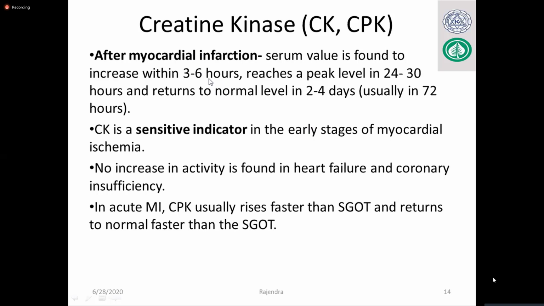It means, suppose one patient comes to your clinic with a history of chest pain of half an hour or just 1 hour. If at that time you draw blood and send it to the biochemistry laboratory, it will give you a very normal report. And at that time you will think, oh, this laboratory is the worst. The patient has a very frank history of myocardial infarction, and the ECG shows a very high ST segment, but the biochemistry report is not good.